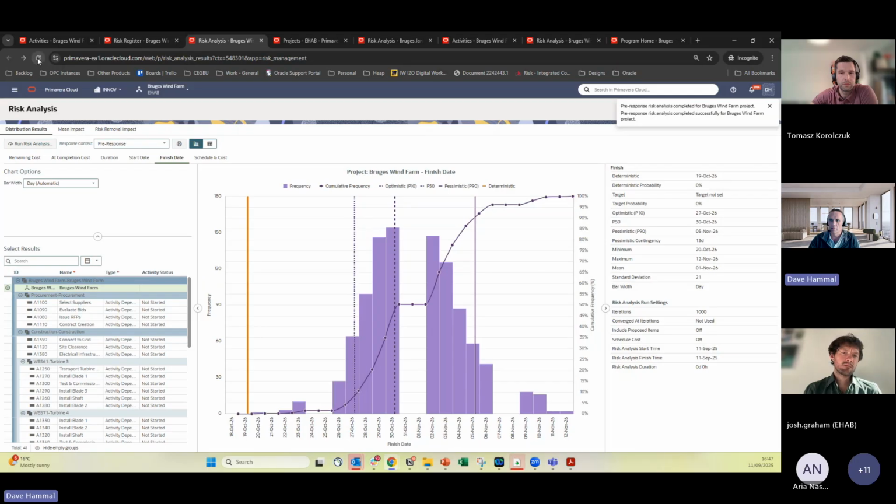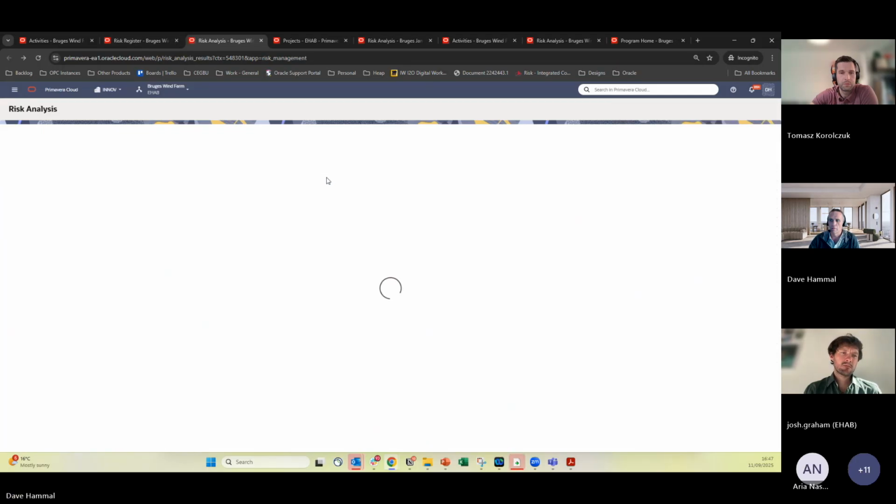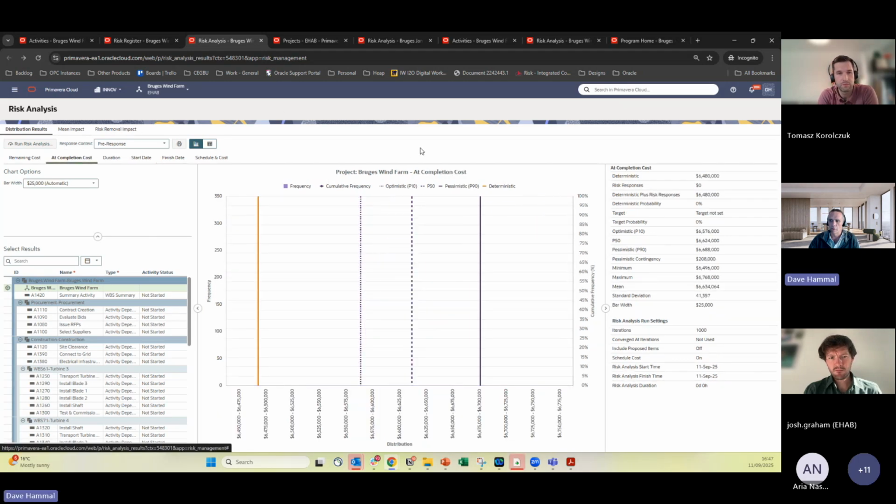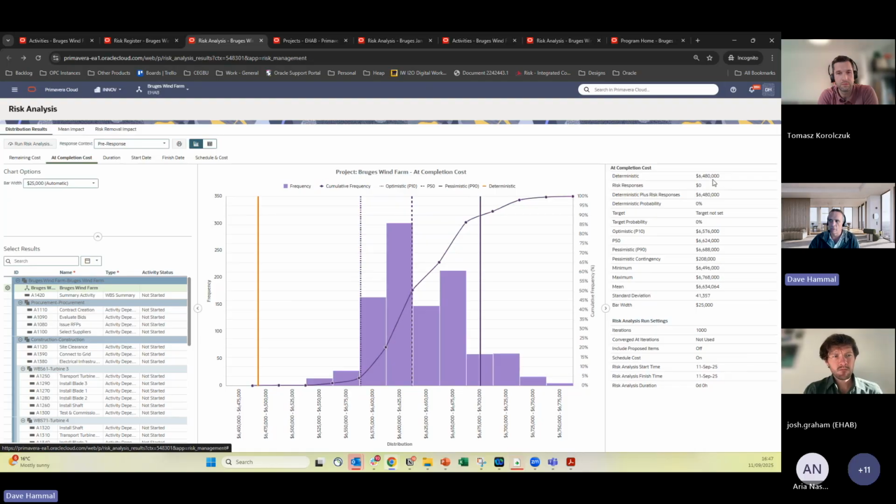Just completed. So this distribution is just the same. If I go to my cost picture now instead, I can see the roughly 6.5 million that it costs deterministically, and I can see the range of cost increase that I'm seeing, all because of weather in this particular case. At my pessimistic, I'd need an additional 200,000. Maybe the numbers I've got on here are not great as an example, completely winged on the fly, but I think it hopefully shows the way that it can be done.